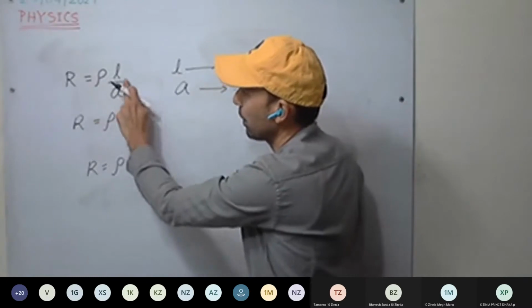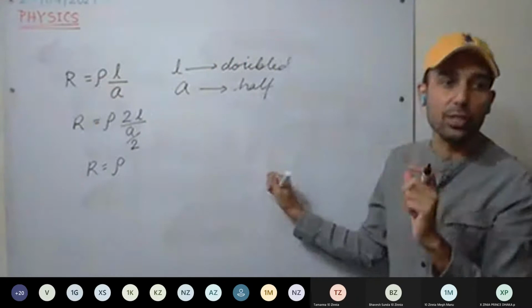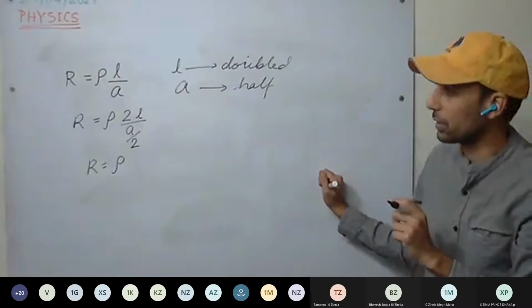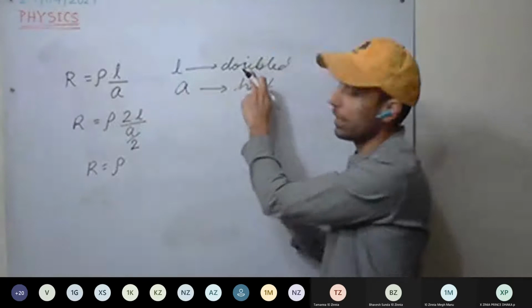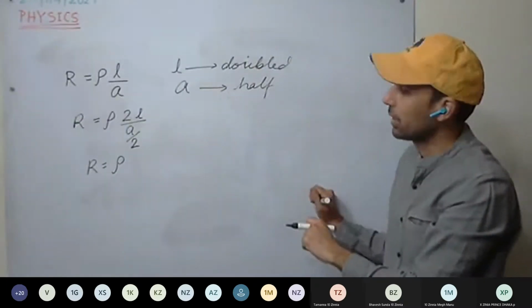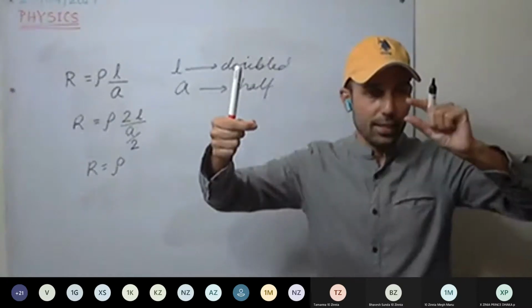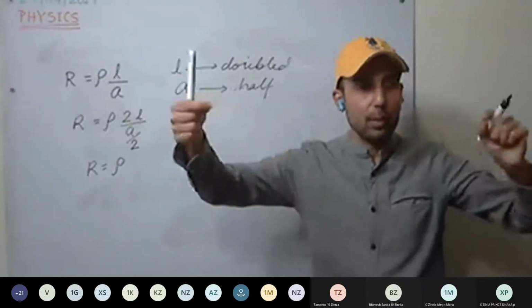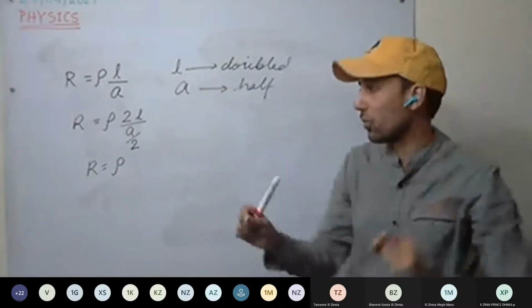So this is not density, this is specific resistance. Resistance equal to rho L by A. Here rho represents specific resistance. It is constant for each material at a particular temperature. Okay. Now, if we have doubled the length, area of cross section will become half. If you are stretching the wire, area of cross section will be decreasing. We have doubled the length, that means area of cross section has become half.